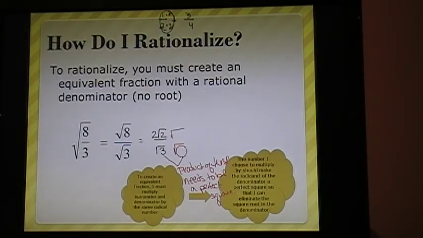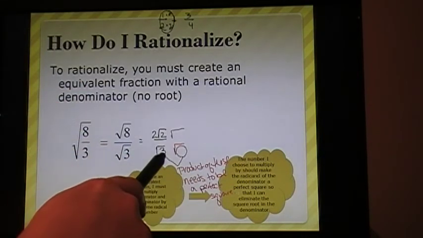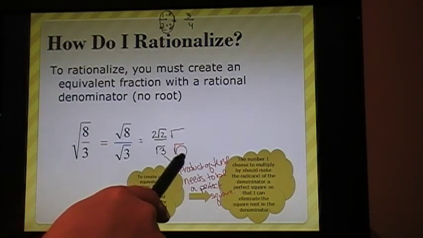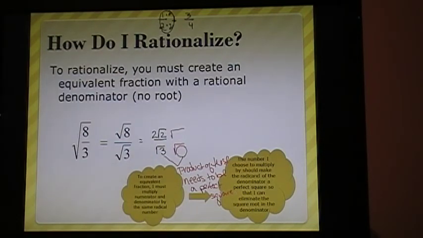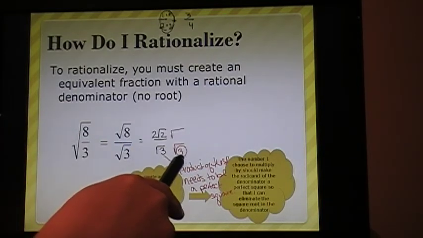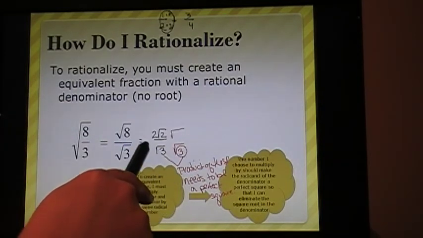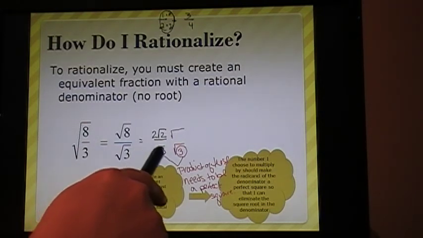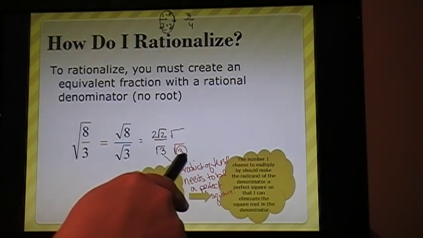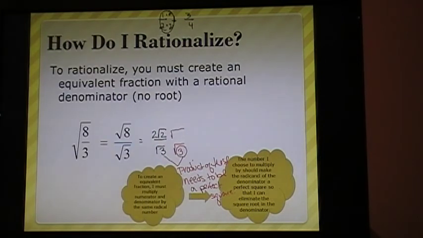So you can do anything that you want, but you know that if you take a number and multiply it by itself, you will get a perfect square, right? 3 times 3 is 9, and that is actually the easiest route to go. There are infinitely many numbers that you can put here. If you multiply 3 by 12, you get 36, which is also a perfect square. So we could do a 12 and a 12, but trying to find the easiest route to take would be